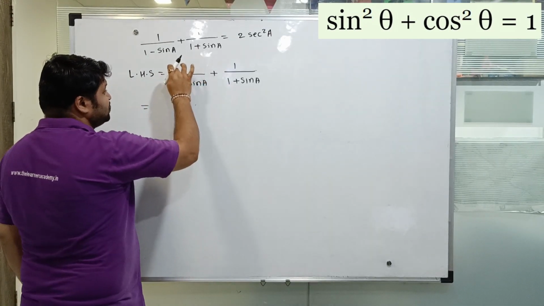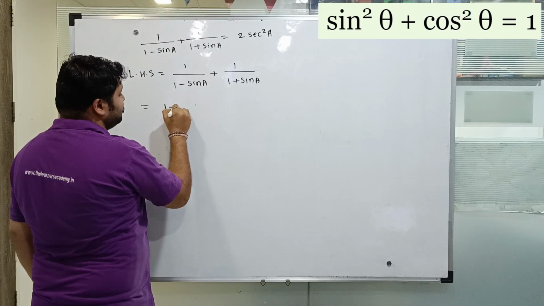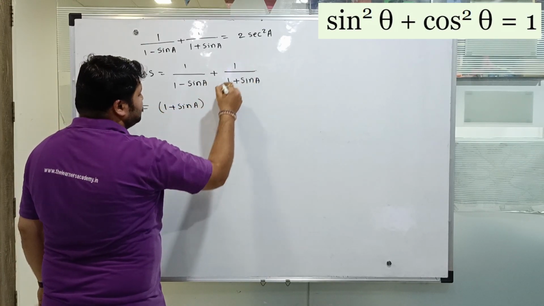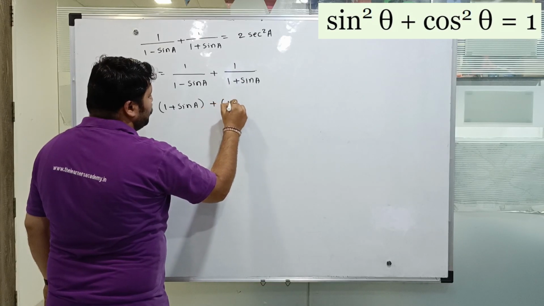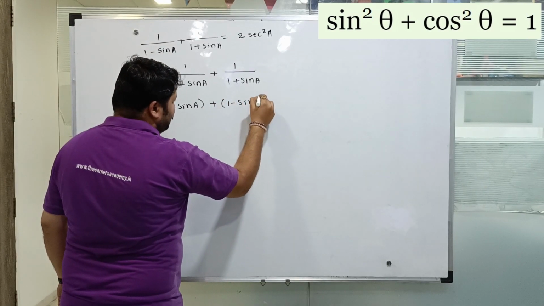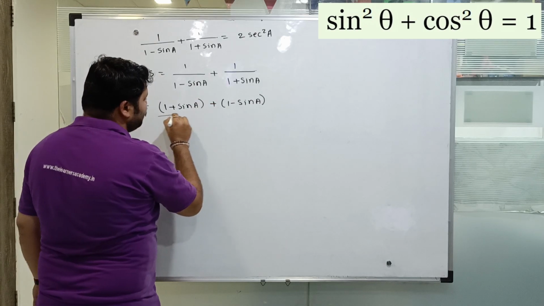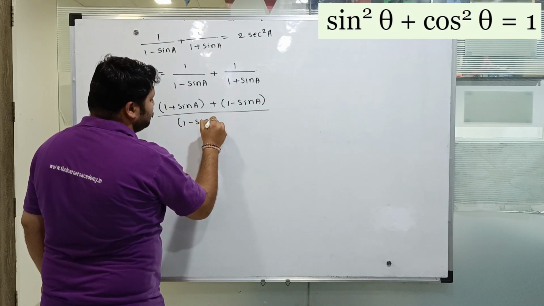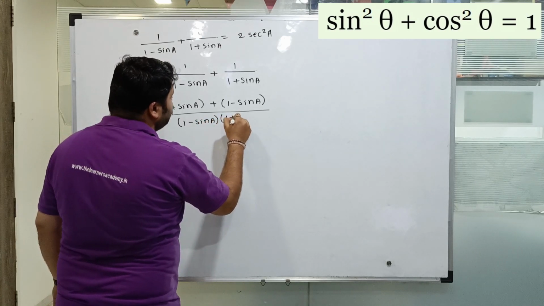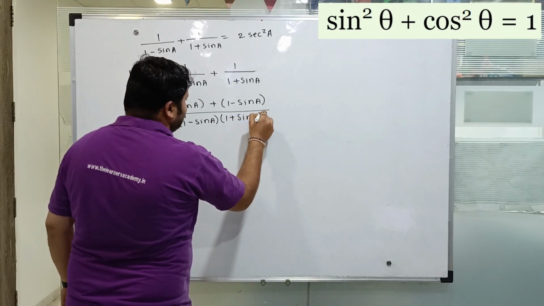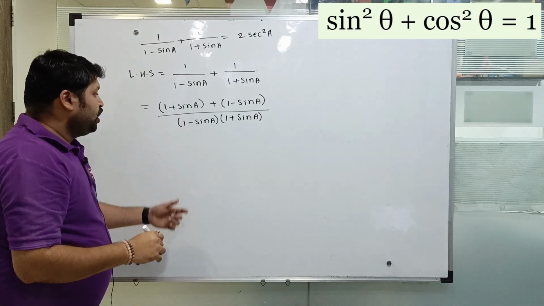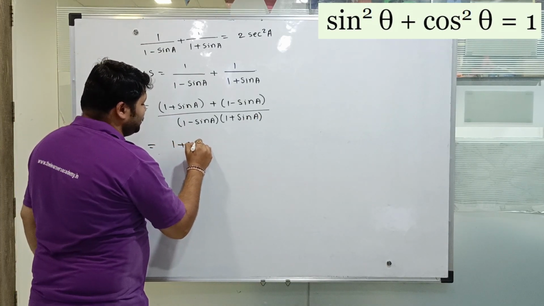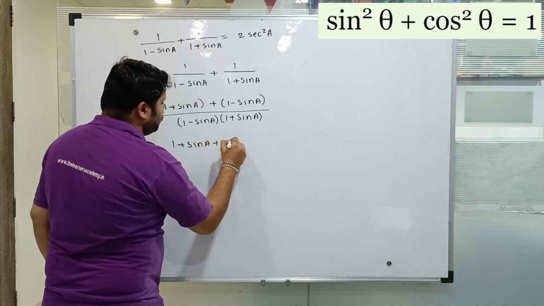So this gets multiplied by 1 plus sin a, and this 1 gets multiplied by 1 minus sin a, and the whole thing would have a common denominator, that is 1 minus sin a times 1 plus sin a, which would further give me 1 plus sin a plus 1 minus sin a